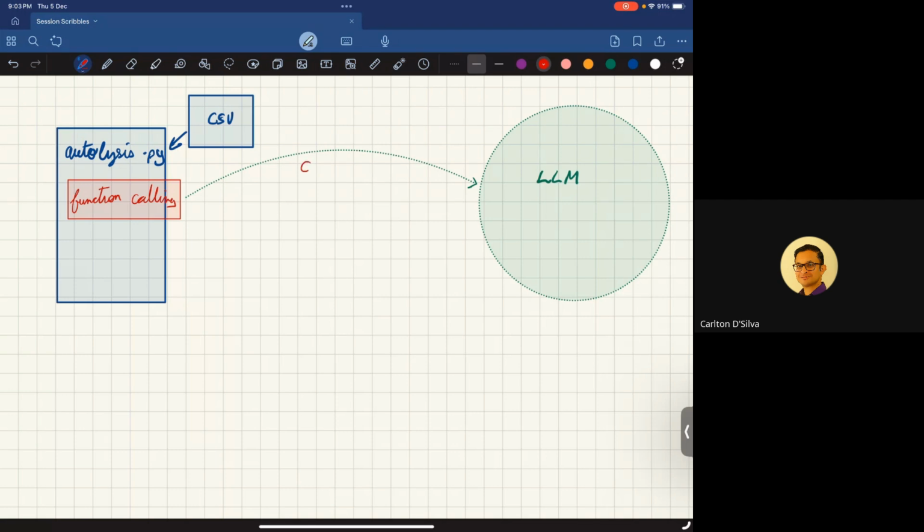So we'll send the LLM the CSV, but we won't send the whole CSV. What we're going to do is send a small part of it, say 10 rows or something. We'll send 10 rows and we will send a prompt as well. And in this prompt, we will ask it to do